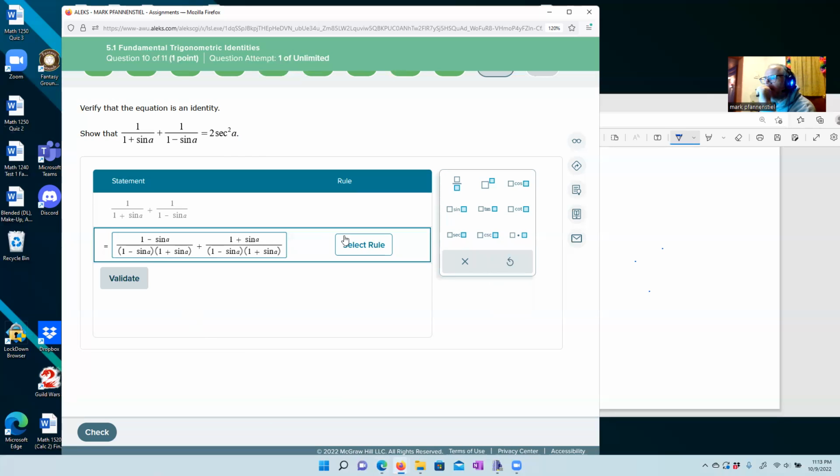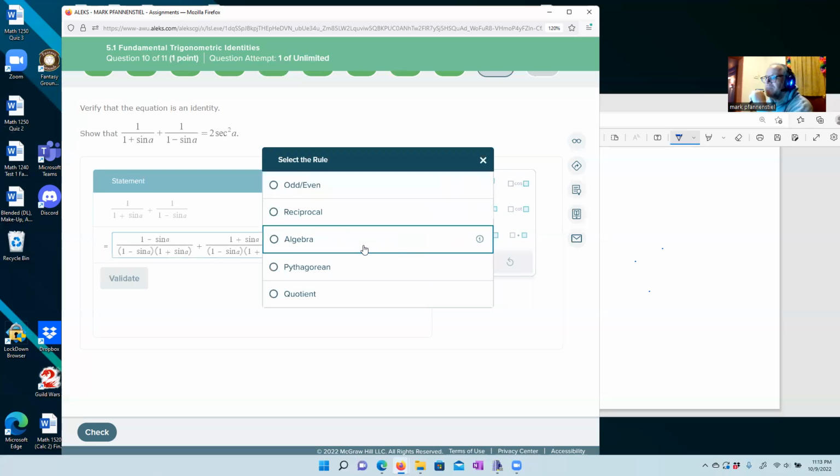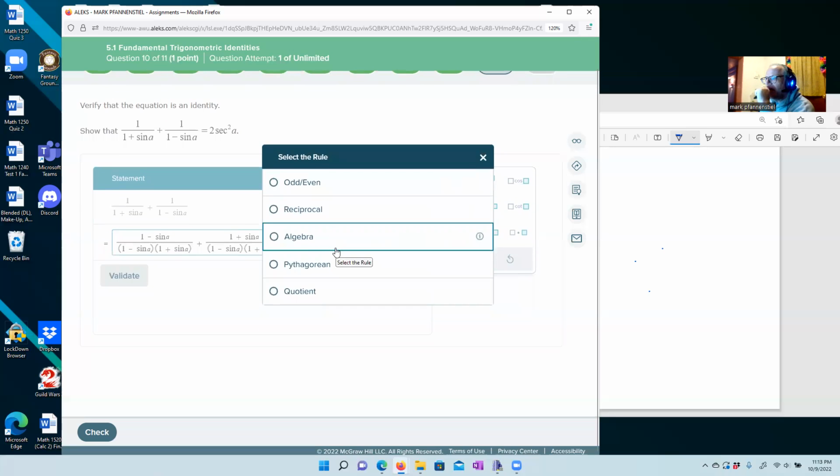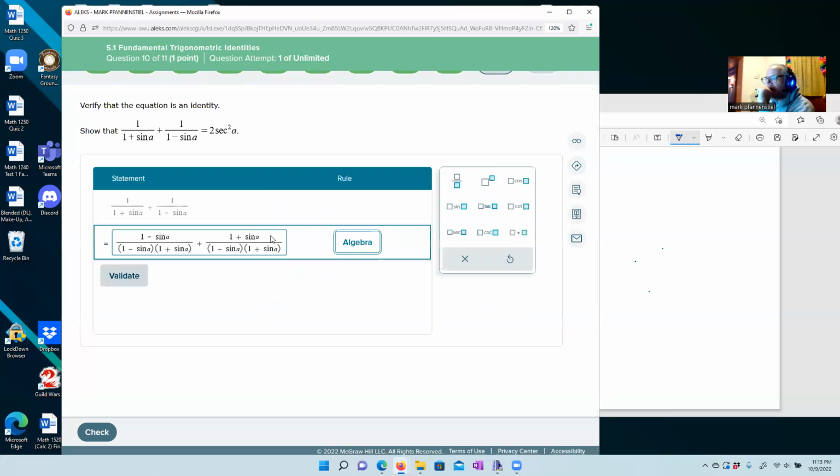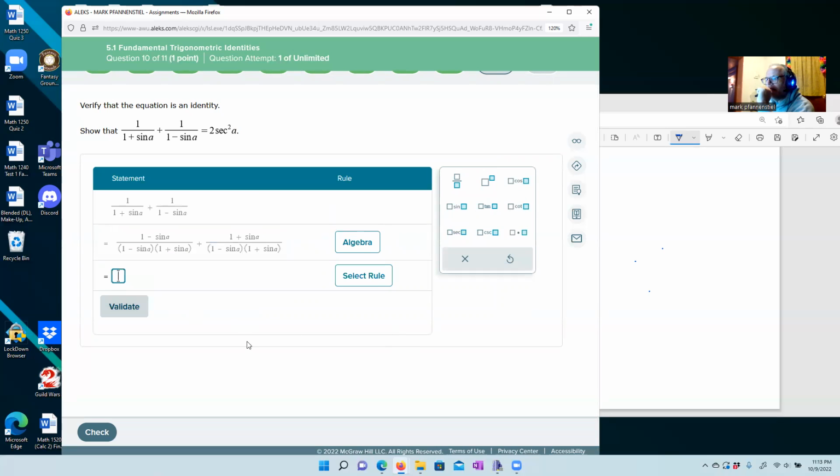Okay, so what did we do? I would say we did a lot of algebra, so that's an algebra step here. Okay, we'll validate. And then, see, that's the other thing you need. Now that we have a common denominator, we can add these. We have 1 plus 1, that'll be 2. Okay, actually, let's put the fraction in. We'll have 2